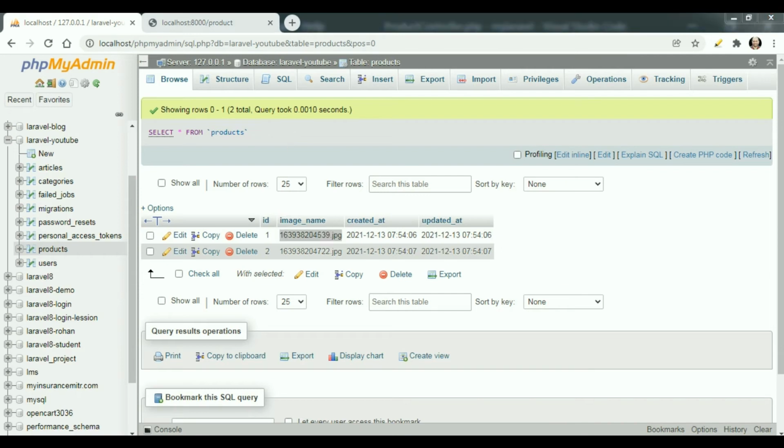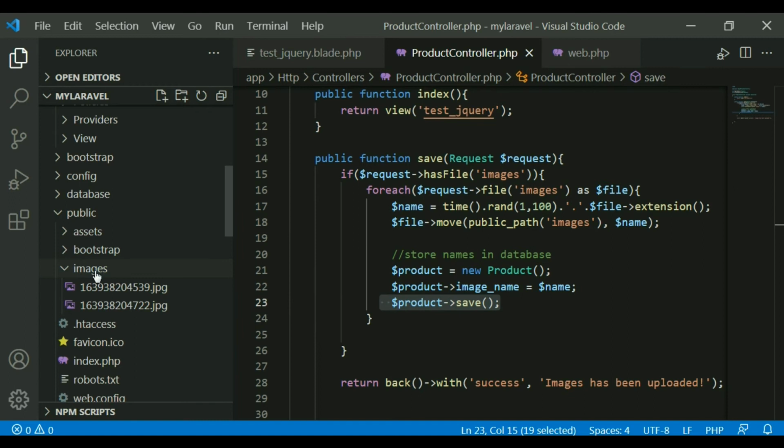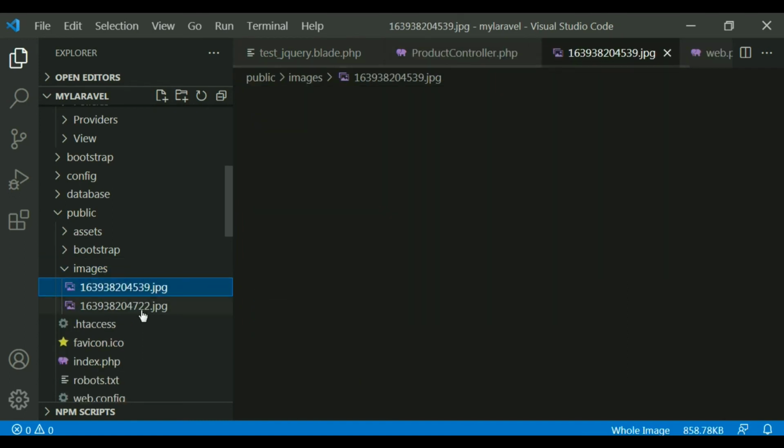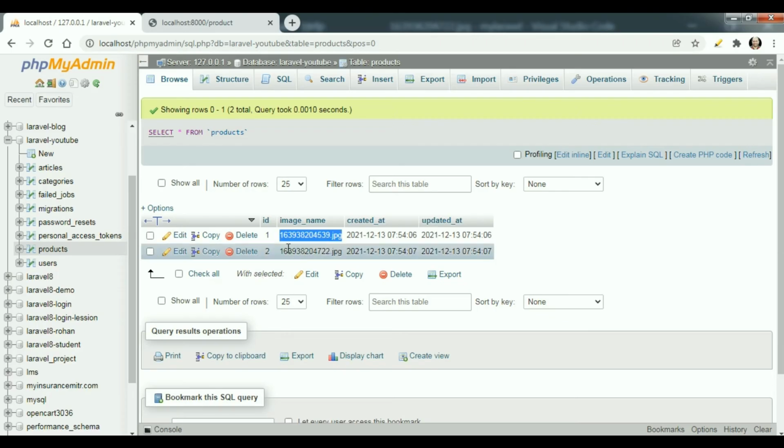And if you go to the public folder and the images folder, you see the images I have just uploaded. These are two images. I am able to upload the images to my images folder, and at the same time I am also storing the name of the images in my database so that I can use this database image name to render the image in my web page later on.